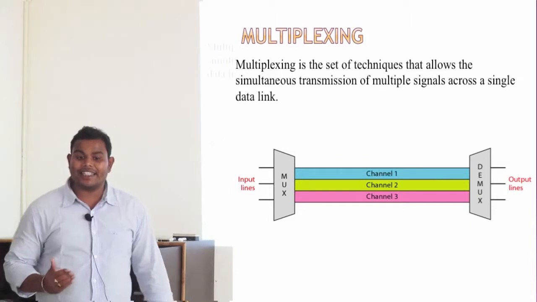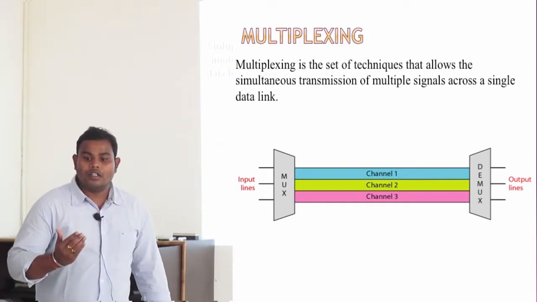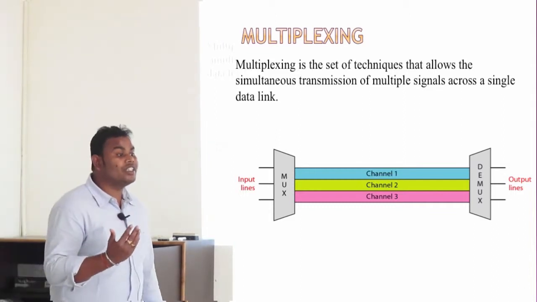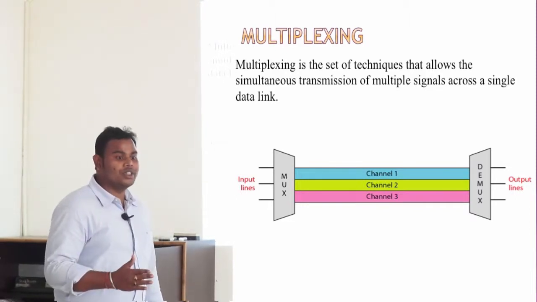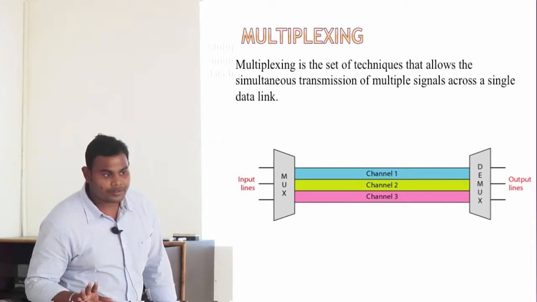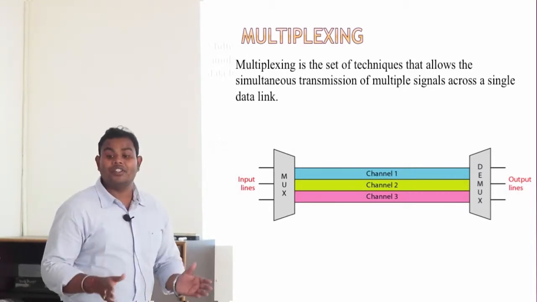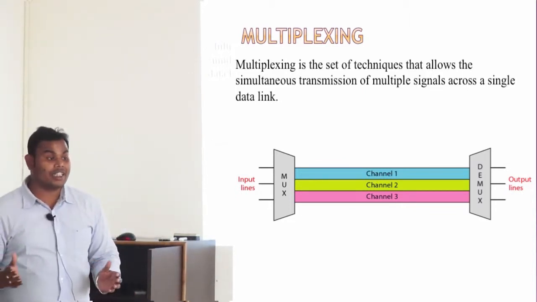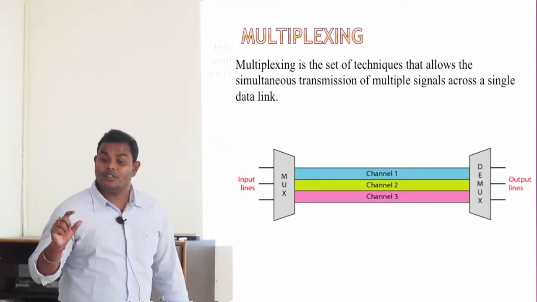Then how does data transmit? In a network, more than one sender is there and more than one receiver is there. Yes or no? It is not always possible that in a network there is only one sender and one receiver. It is not going to happen. If it is a bigger network, then a number of senders are there, also a number of receivers are there. But the channel is one. The transmission channel is one.